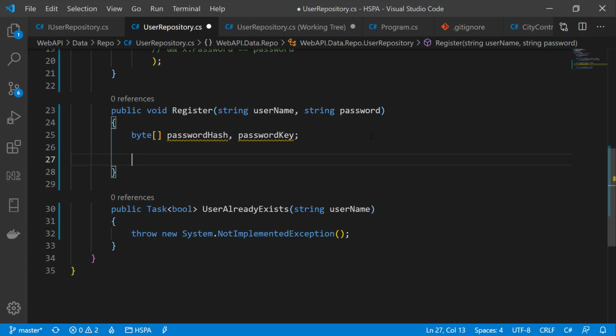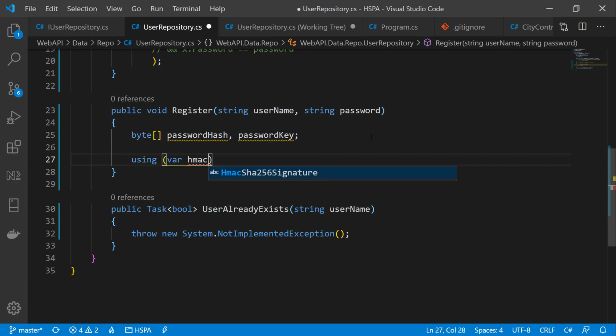We are going to use the HMACSHA512 class to create a hash of the password. And as it is a disposable class, let's initialize it inside a using so that it automatically calls the Dispose method once the operation is completed. Take a variable named hmac.